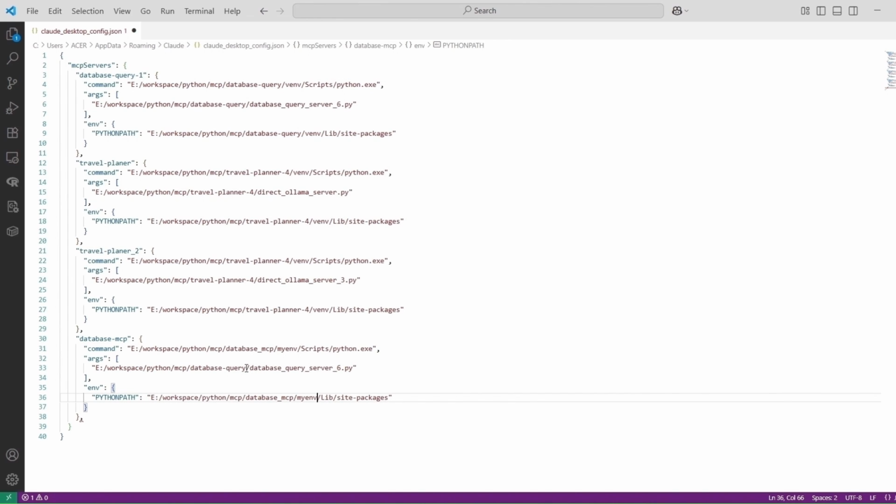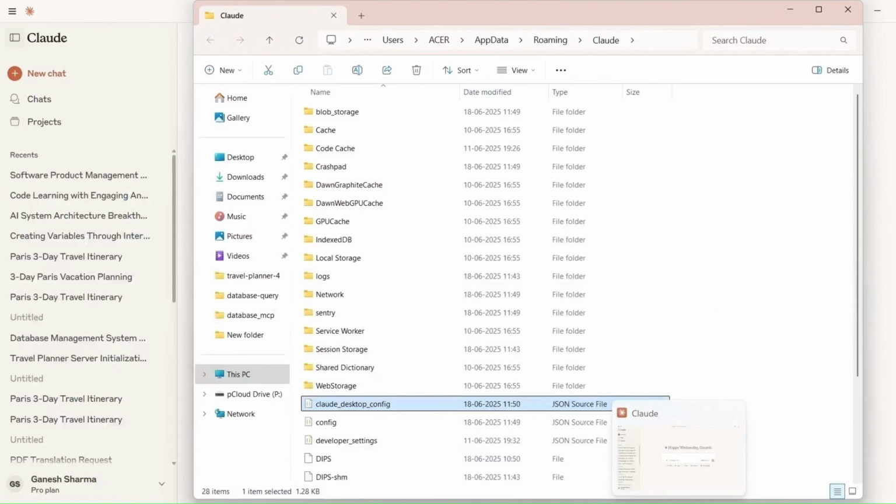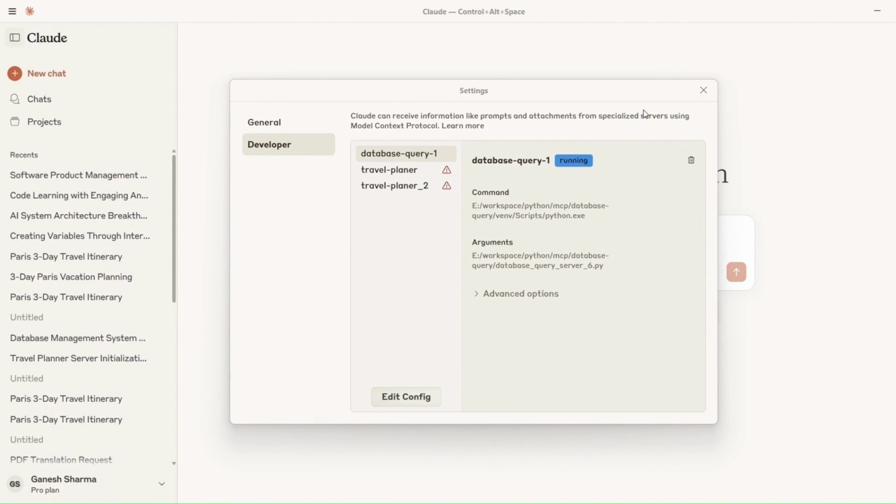Finally, we need to update the arg section to point to our server file. That's our database_mcp.py file with all our code. Make sure to save the file when it is done. Now close the Claude app completely